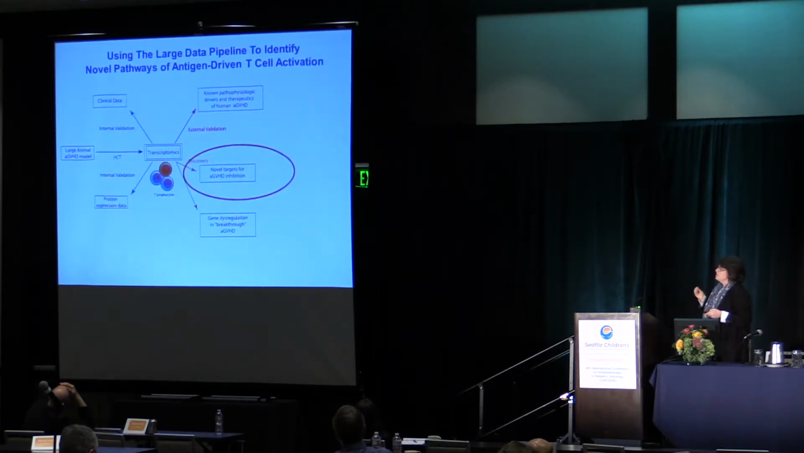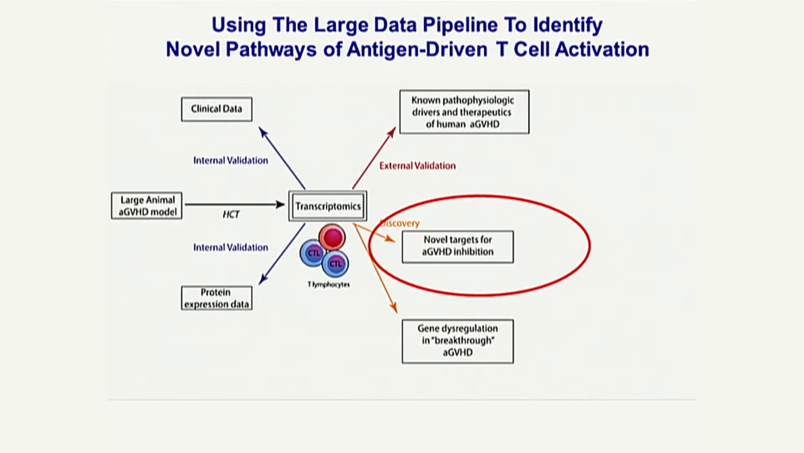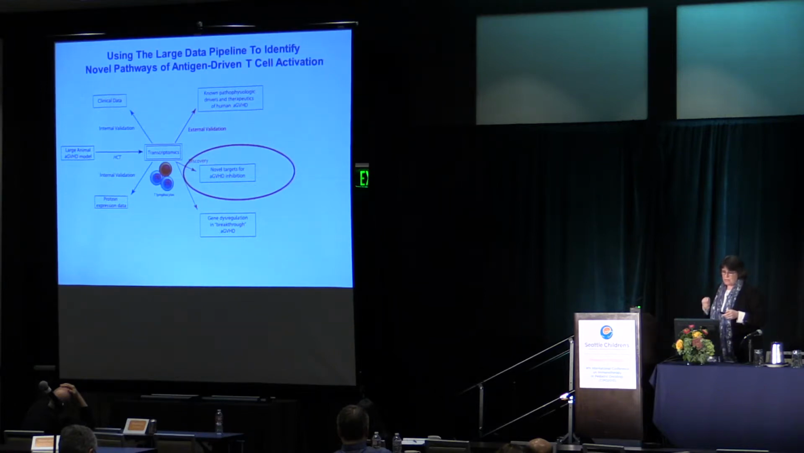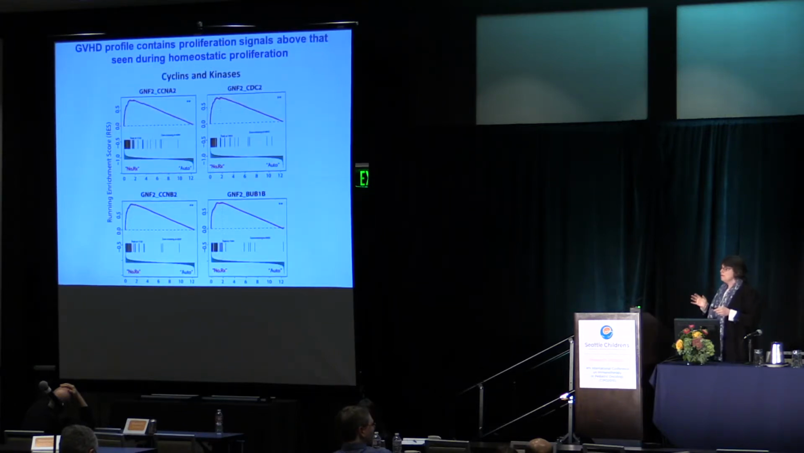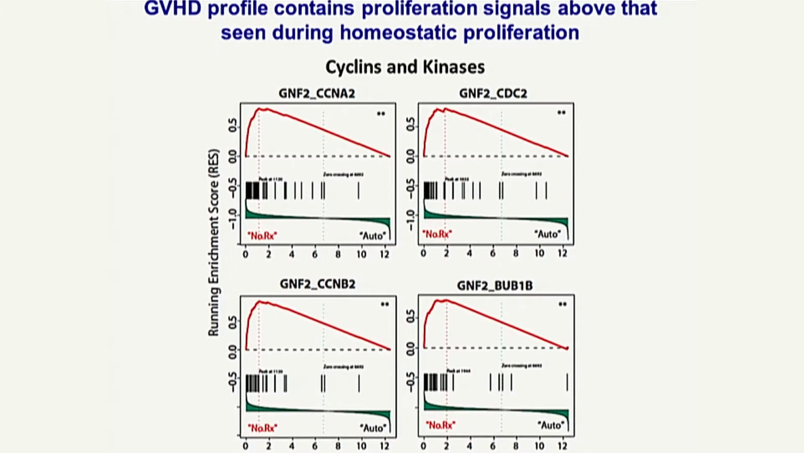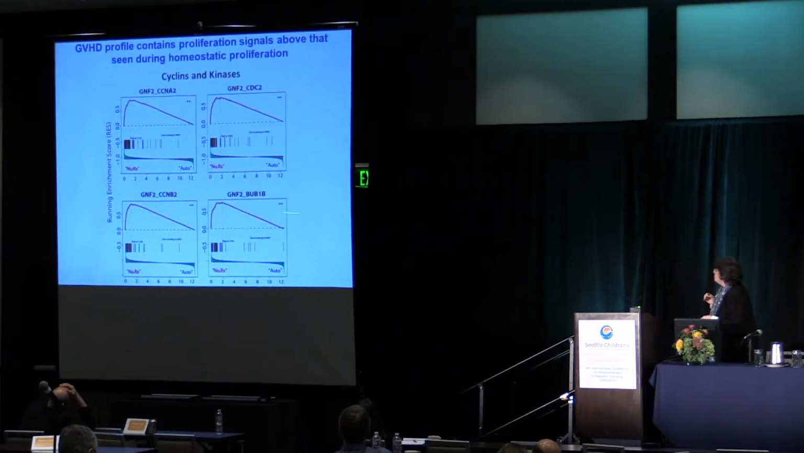So one of the things that we're able to do is not only to validate internally and identify which pathways are involved, but really use this as a pipeline to understand novel ways that T cells get activated with chronic antigen. And one of the things that just comes up over and over again in these arrays, you can see it from across the room, is that cyclins and kinases are all over the place. We see so much upregulation of multiple kinases. Here are just a couple of GSEA showing CCNA2 pathways, CDC2, CCNB1, BUB1,